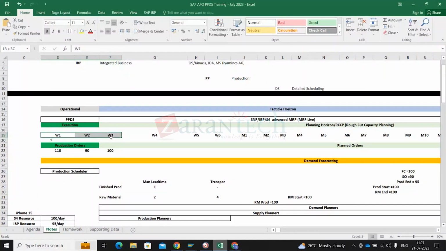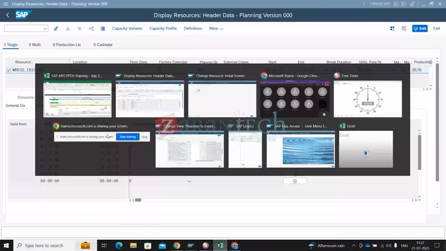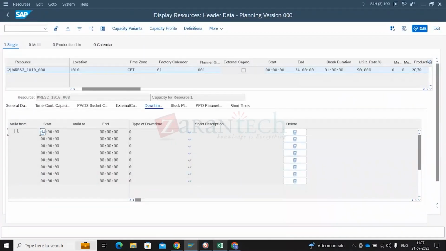Slowly we are entering from the planning to the scheduling side. So if there are any planned orders or production orders here, you have to push them to week 4, 5, because you cannot do any scheduling here. So you just have to come down here, put valid from today to valid till that day,